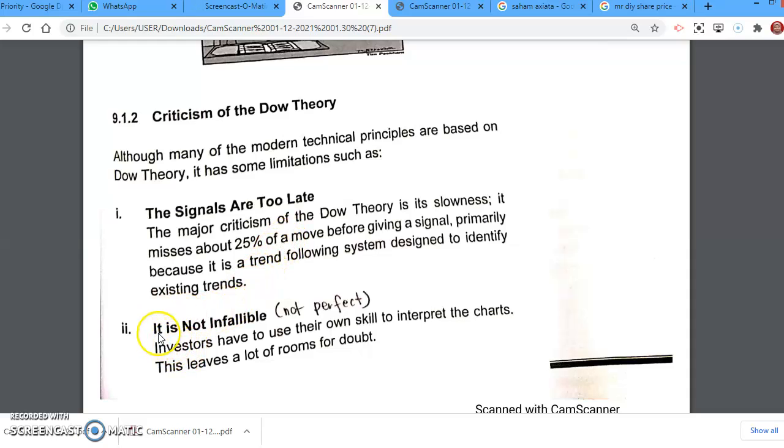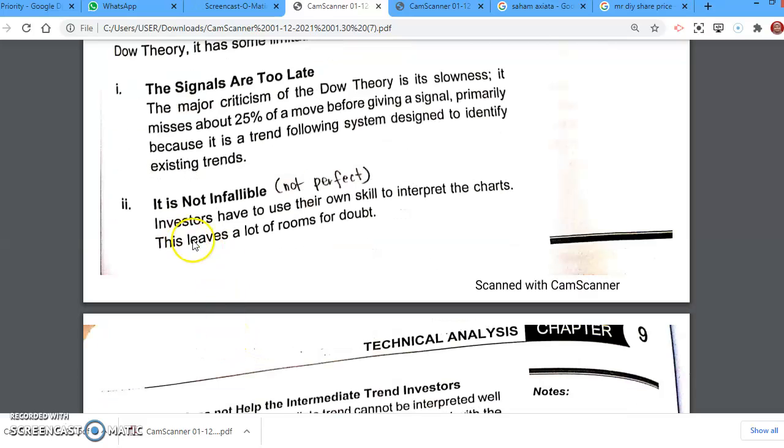Secondly, based on the DOW theory, criticism yang kedua adalah it is not infallible. So ianya tidak sempurna ataupun tidak perfect. So investors have to use their own skill to interpret the charts. So this leaves a lot of room for doubt. Yes, sometimes investor memerlukan kemahiran mereka sendiri untuk memahami carta-carta yang telah pun dibuat dan sebagainya. So kadang-kadang based on the DOW theory punya technical analysis ni, sometimes sukar untuk investor buat keputusan. So it is not such a perfect guidance for them actually, right? Bukan yang kita katakan paling tepat lah untuk